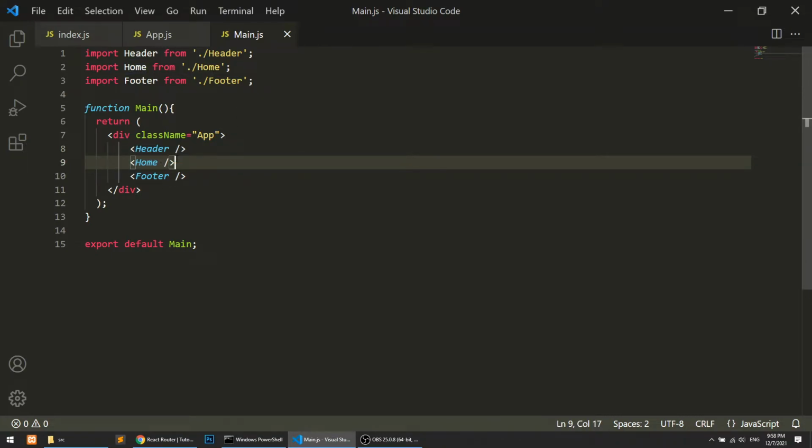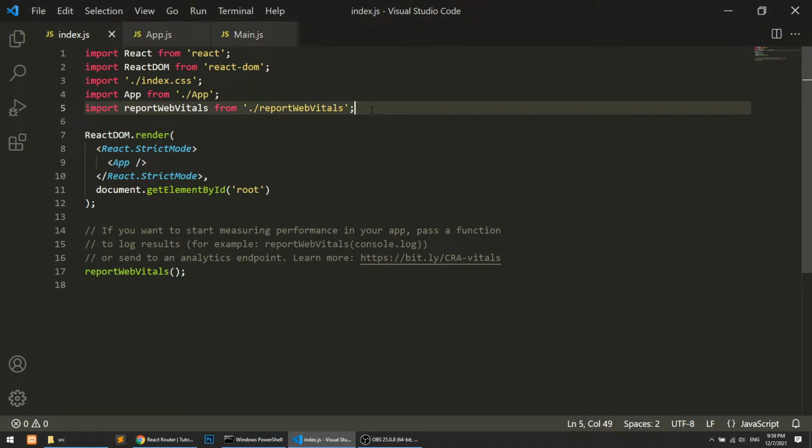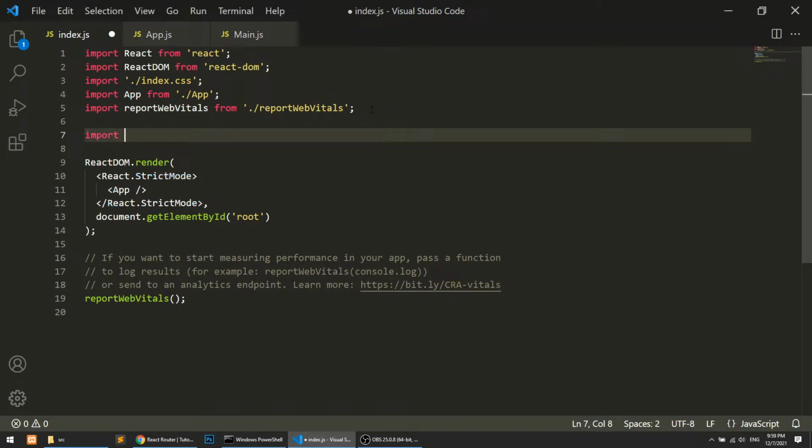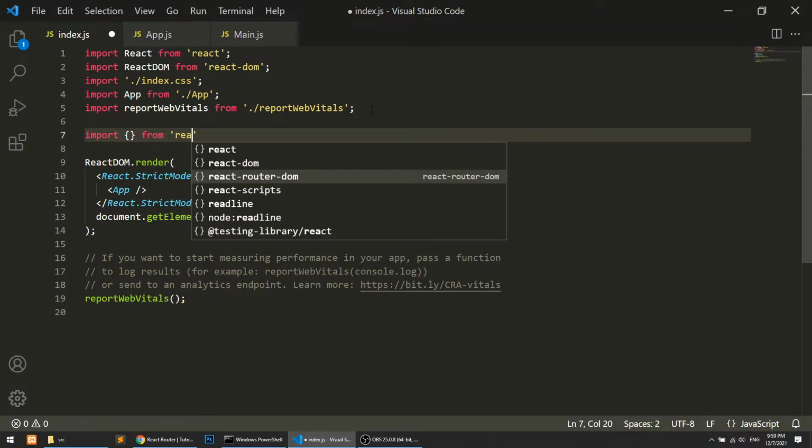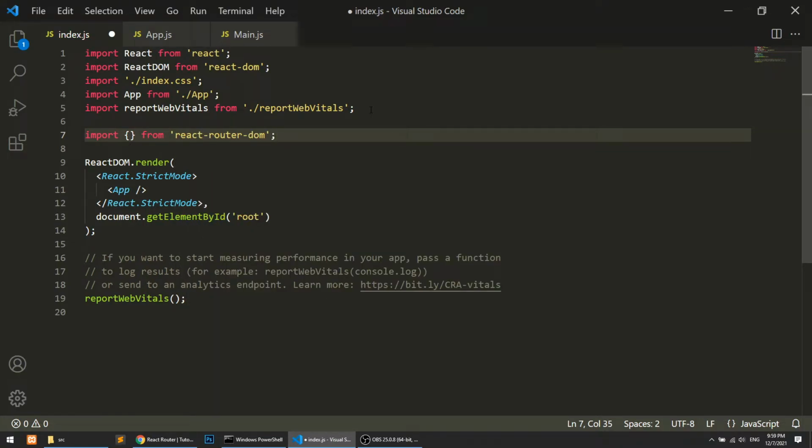So how will we work with React Router DOM? The first thing is we will import. I will explain, but let's first integrate this. Whenever you install a package, you can import things from that package.